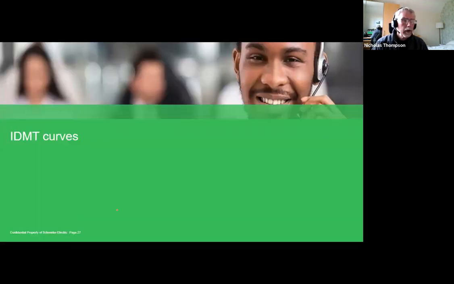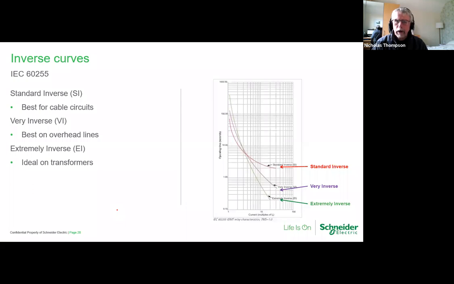Okay, so now we're going to look at curves, and there are different curve shapes depending on what you want to do. There are going to be different curves depending on which area you are in. So North America, for instance, has got different curves to IEC. Russia will have different curves for their country, same with China as well. But the curves I'm showing you here now are the inverse curves that we would see typically in IEC. So if you really want to know where they come from,